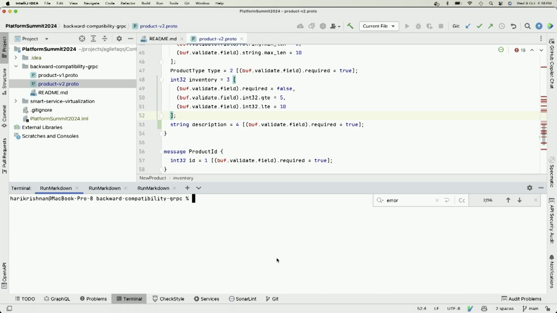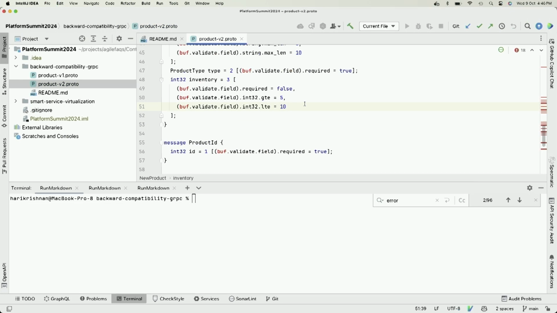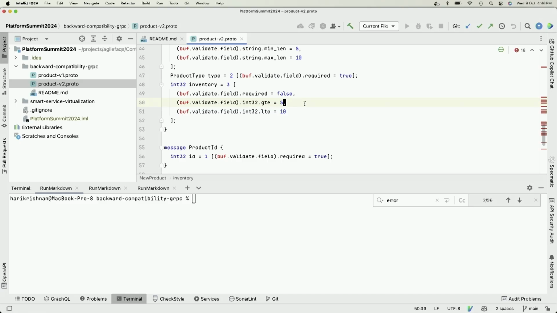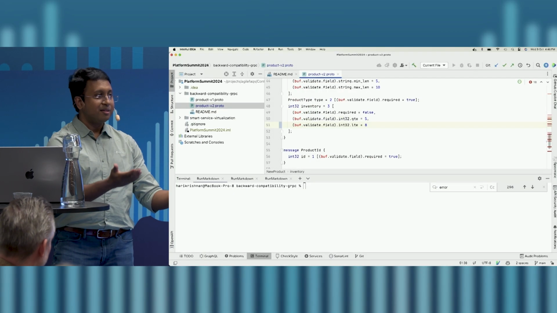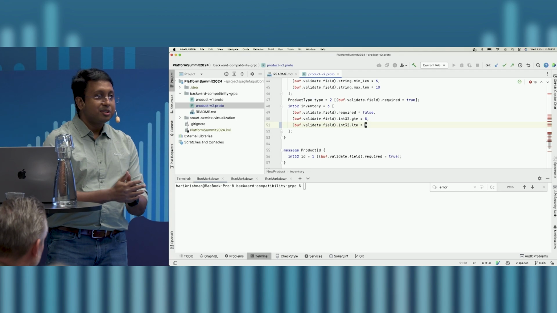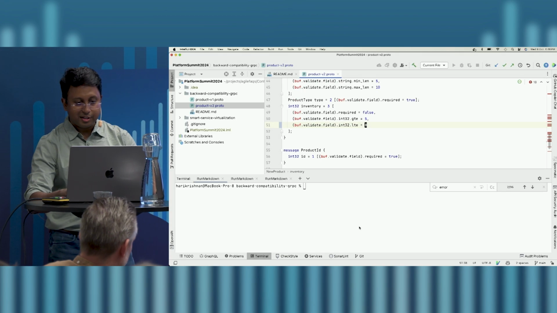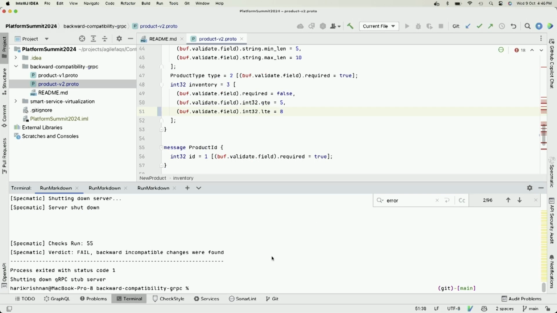So let me clear this. Let me do something more interesting now. Let me undo this change. And there is a range here. The inventory can be between 5 and 10. So I'm going to reduce this and make it 8. Is this a backward compatible change? No. And like the gentleman here said, it's because you're contracting the contract, right? You're reducing what's acceptable. So let's figure out if we are able to identify this issue. Fail. And likewise, when you look at the error,